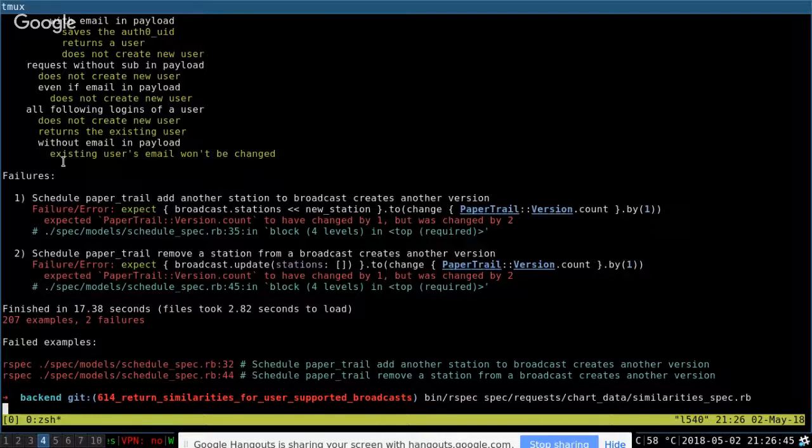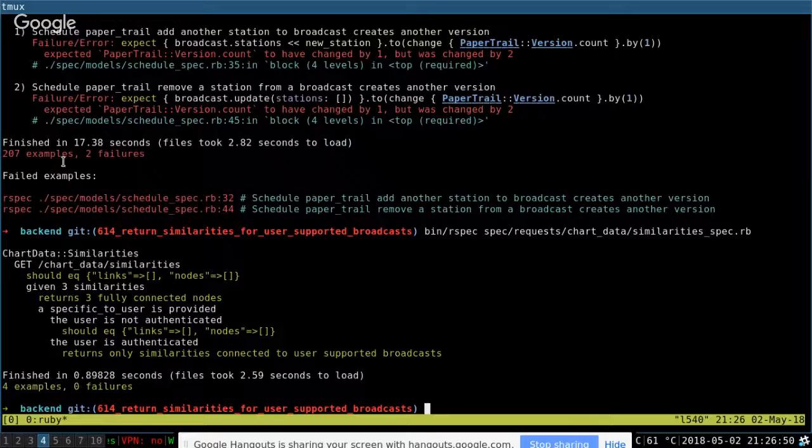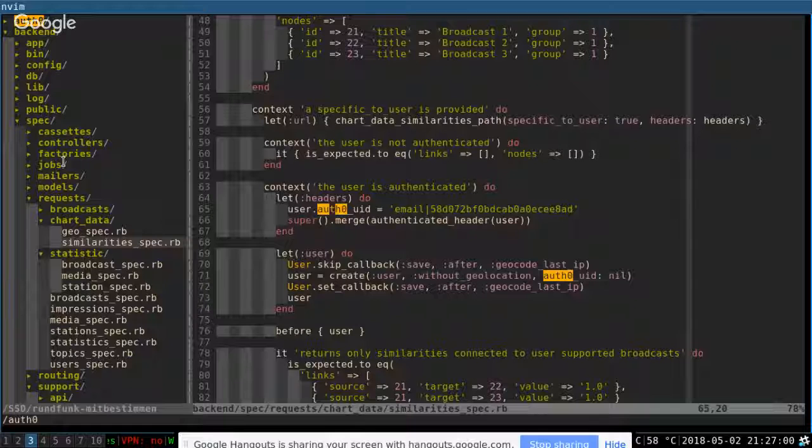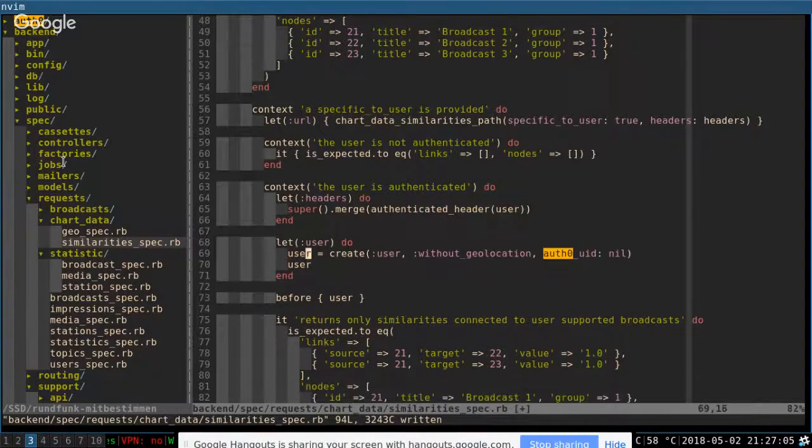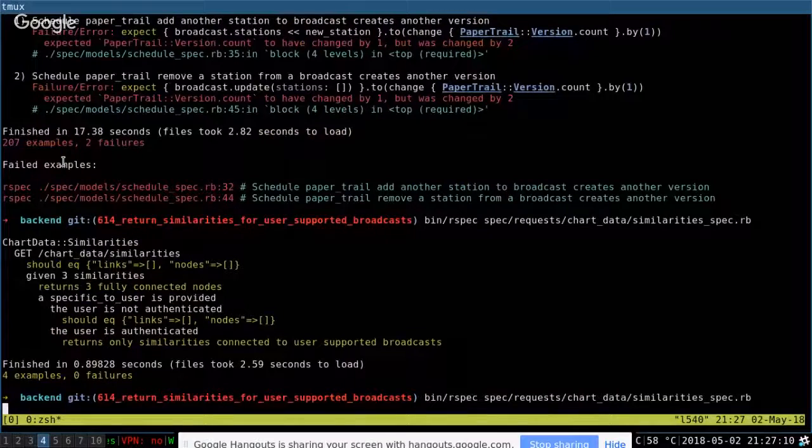Anyhow, I'll try to run the test for this particular test file. So if this is green, then we can refactor it. Yeah, so all tests are succeeding. So let's just remove those two lines and see if the test is still succeeding. So we just remove that. I think we can just remove it, and then we can remove those two without geolocation. See if the test is still succeeding.